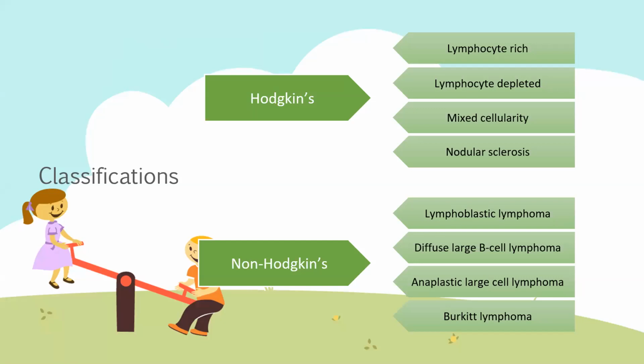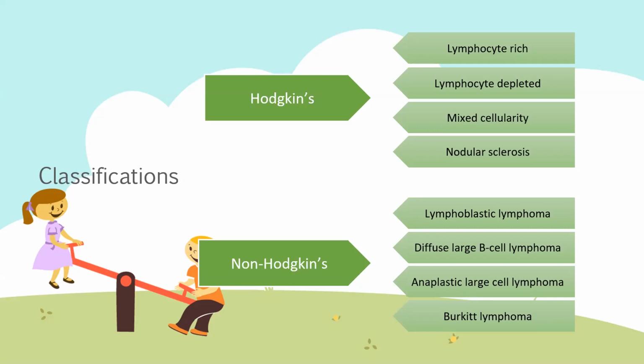Briefly about classical Hodgkin lymphoma, we have nodular sclerosing, which is characterized by a nodular pattern and lacunar-type Reed-Sternberg cells. I believe that all of you know what Reed-Sternberg cells are. Nodular sclerosing Hodgkin lymphoma is the most common type of classical Hodgkin lymphoma in all ages. Next is mixed cellularity. This is more common in young children. And then we have lymphocyte-rich and lymphocyte-depleted Hodgkin lymphoma, which are rare.